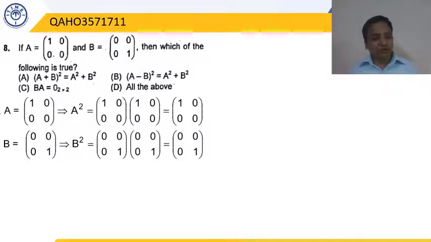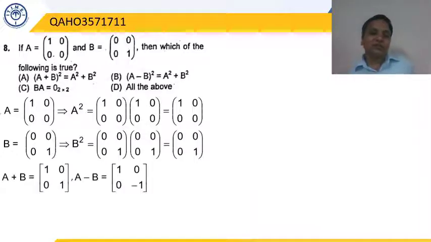So you multiply as we do multiplication: first row multiplied with first column to get the first element. That's 0 0 multiplied with 0 0, which gives 0. Similarly, first row, second column: the first row is 0 0, and when multiplied with any elements it gives us 0. Second row, first column: 0 1 multiplied by 0 0 gives us 0. Second row, second column: 0 1 multiplied by 0 1 gives us 1. So we get A square, and we get B square also.